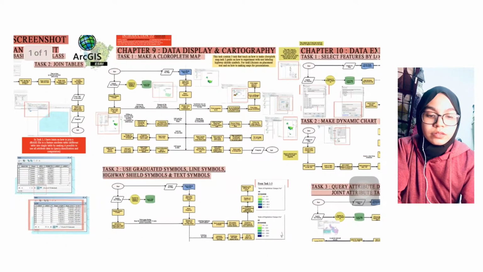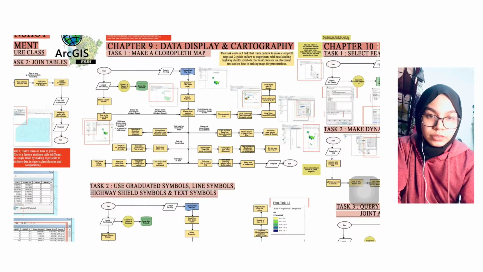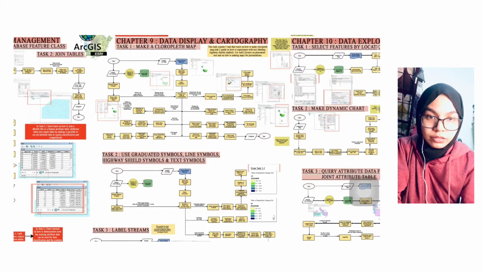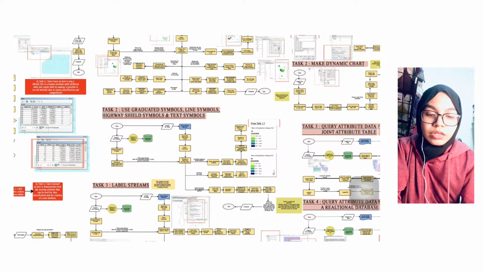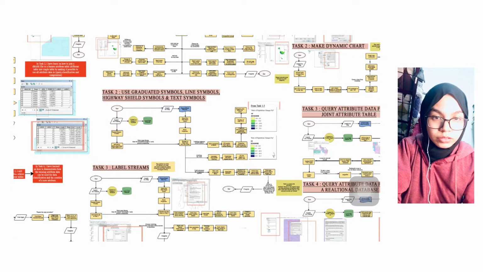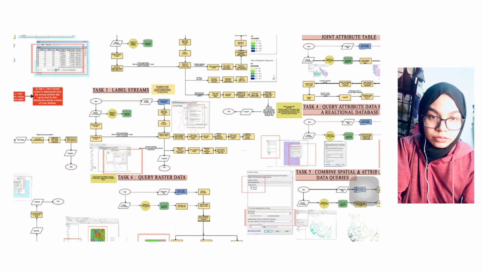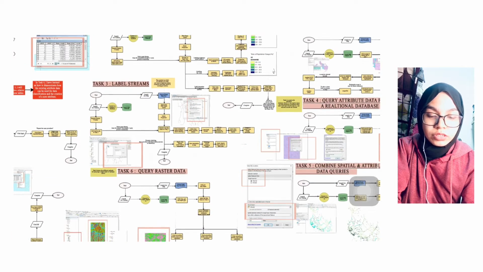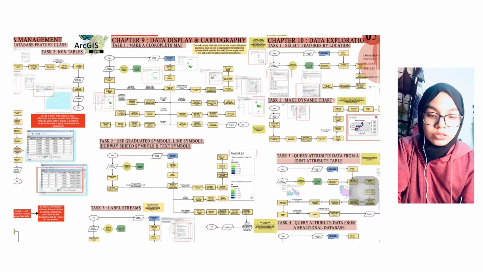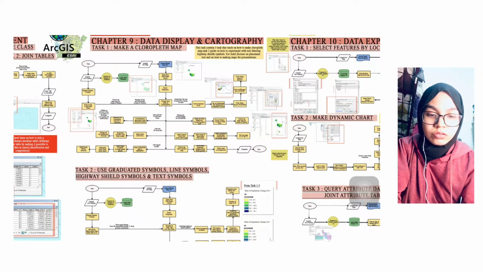Okay, next for Chapter 9. Chapter 9 explains how to display data and cartography, how to make a choropleth map. For Task 2, how to use graduated symbol, line symbol, highway shield symbol, and text symbol. And Task 3 mostly focuses on labels, how to label streams. For Task 1,